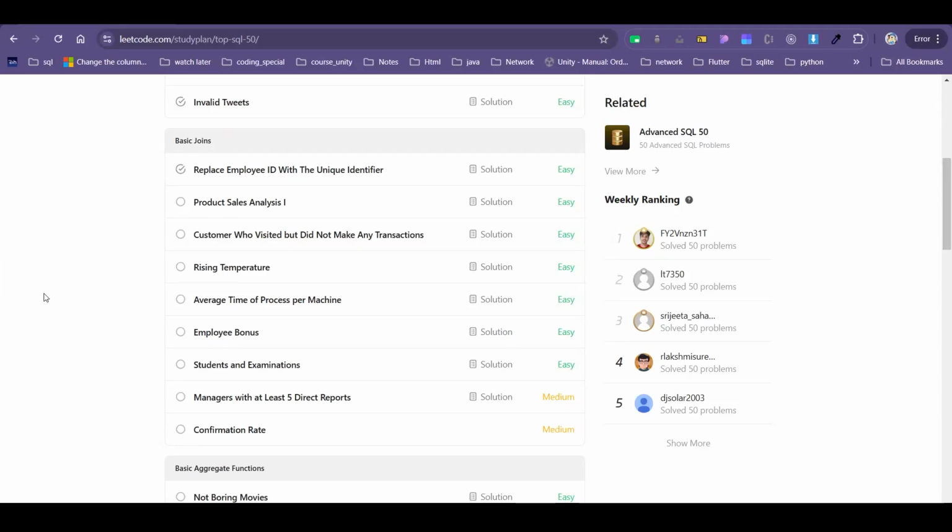हेलो एवरीवन। सो लास्ट वीडियो में हमने क्वेश्चन नंबर 6 सॉल्व किया था, दैट इज रिप्लेस एम्प्लॉय आईडी विद द यूनिक आइडेंटिफायर। सो इस वीडियो में हम सॉल्व करने वाले हैं प्रोडक्ट सेल्स एनालिसिस 1। सो लेट्स गेट स्टार्टेड।